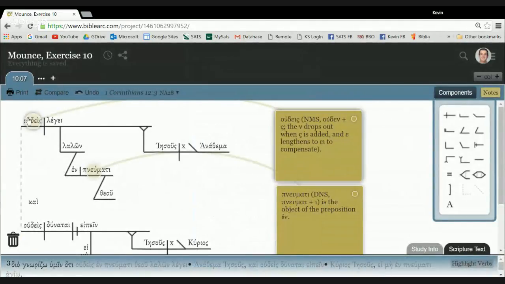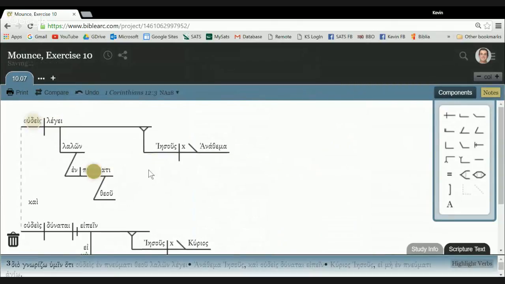Right, this one is complex, as you can see, when it comes to diagramming. So the diagram may become a hindrance, but nevertheless, let's see if we can work through what's going on. I haven't got an English translation, but I'll try and talk you through it fairly slowly. So we've got oudes, en pneumati theou lalon. Lalon you don't know, it means speaking. Lege, he, she, or it says. So oudes, no one, en pneumati theou, in the Spirit of God, or by the Spirit of God. En can mean by. Speaking,